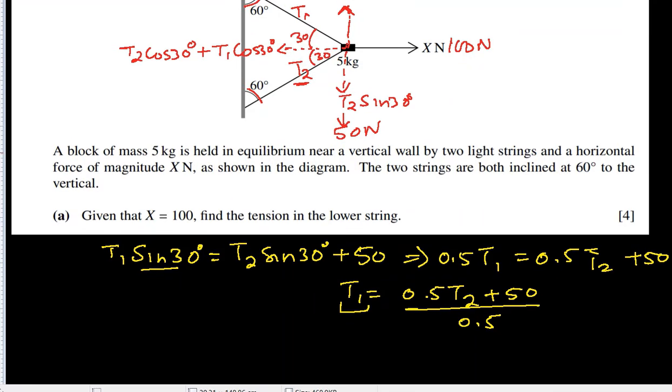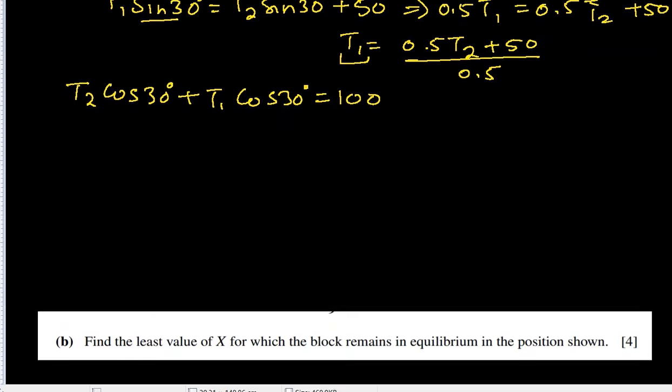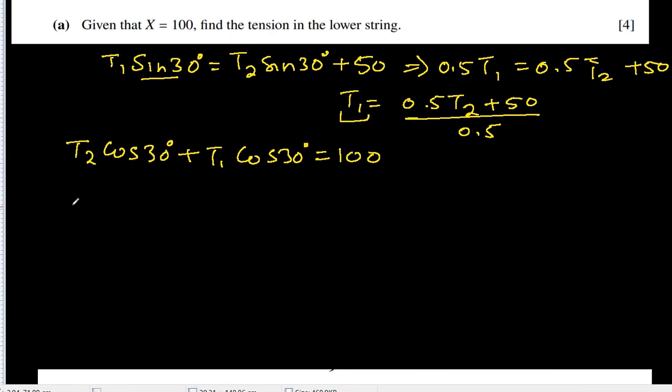And the second equation is because of the horizontal forces. Let's write them. T2 cos 30 plus T1 cos 30 will be equal to 100 newtons. And since we have the value of T1, we'll substitute it. So it will be 0.5 T2 plus 50 over 0.5, and then we have cos 30 after that. Cos 30 is square root 3 over 2,